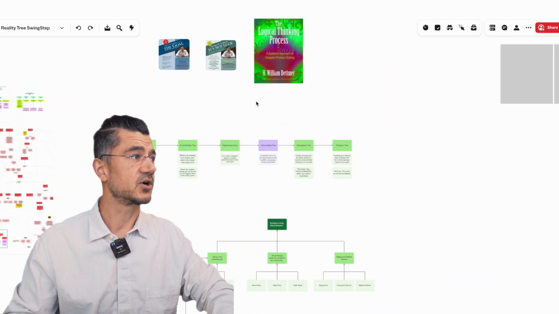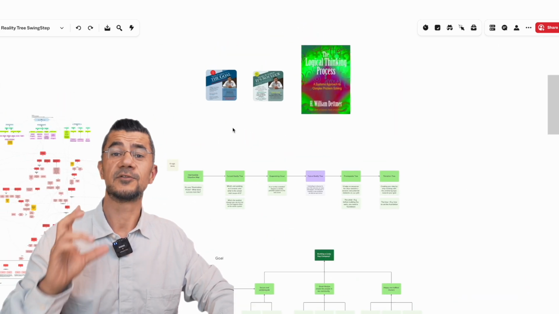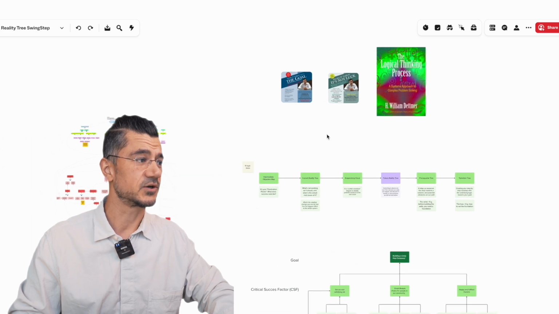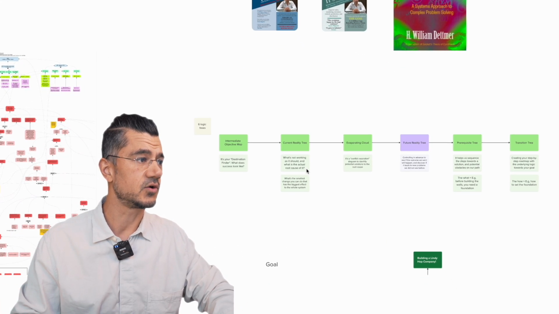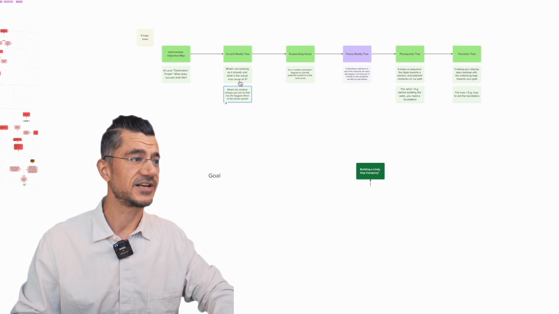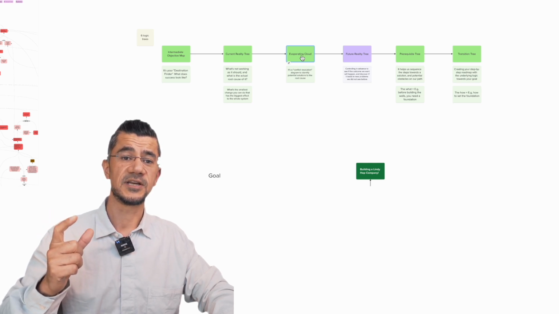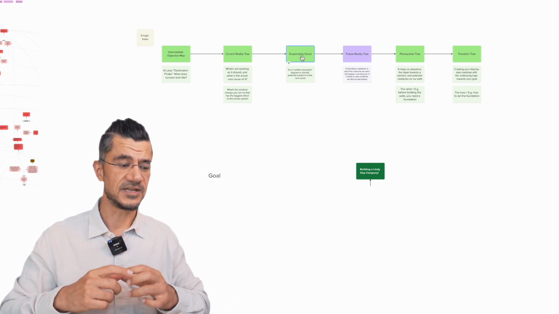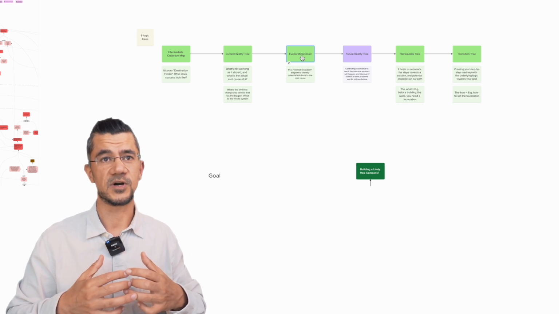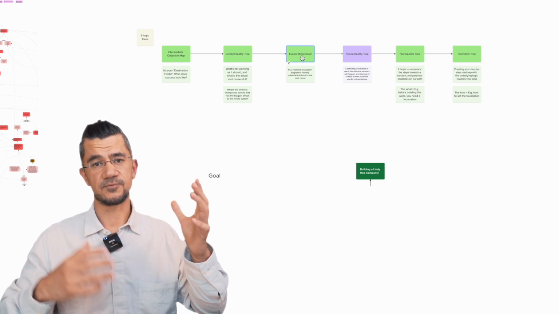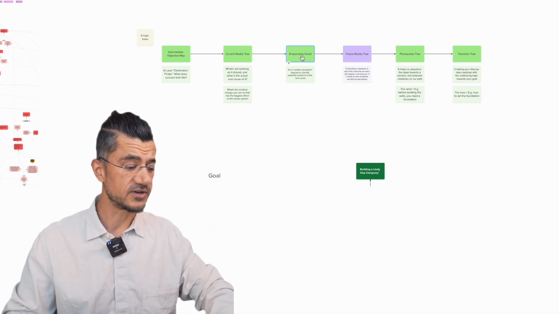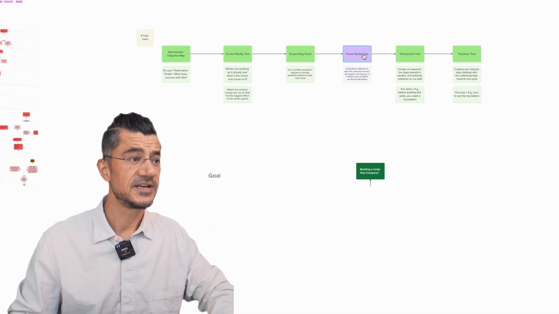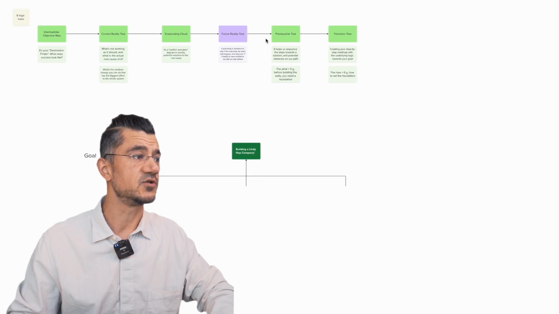Now, this is at the same time a continuation of the theory of constraints that I've started. So we've been going through the thinking processes of creating a goal, figuring out the current challenges that you're having, figuring out how to think about the conflicts or deadlocks that you can find yourself in, where you can't do A because of B, but you can't do B because of A, and you sort of feel really stuck. So in the previous videos, I walked you through all of these ones. And in this one, I want to introduce the future reality tree.